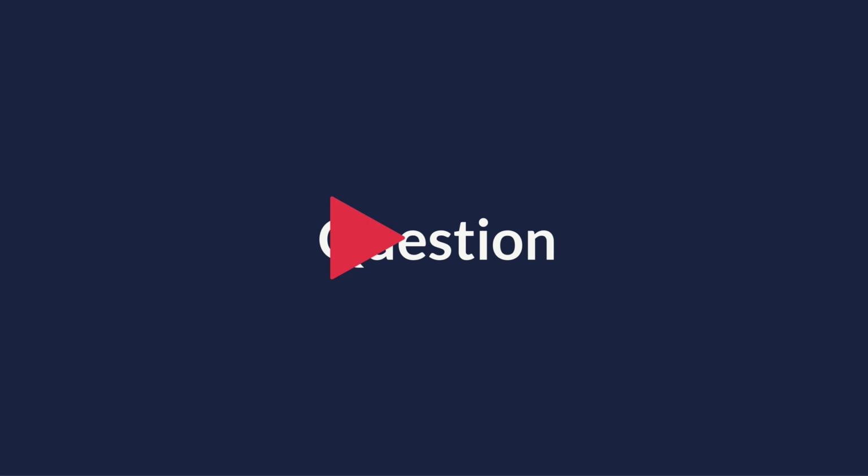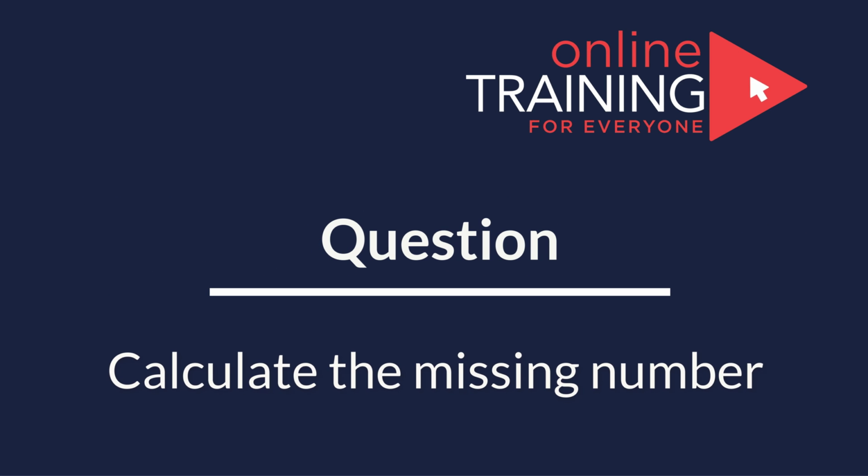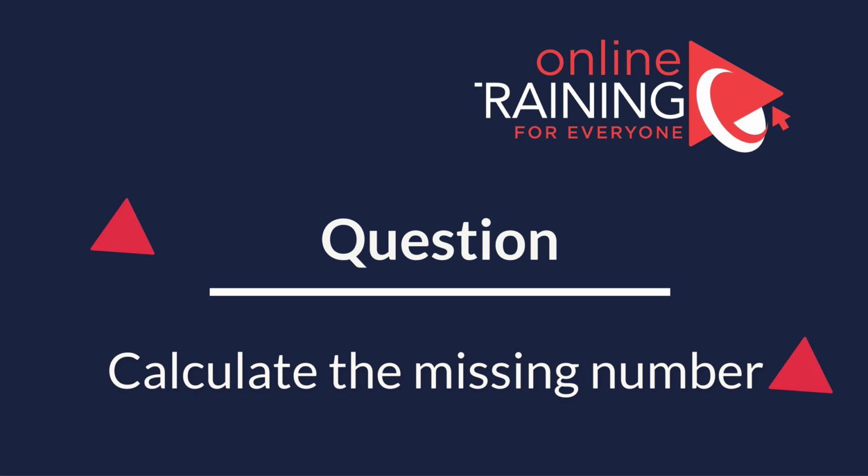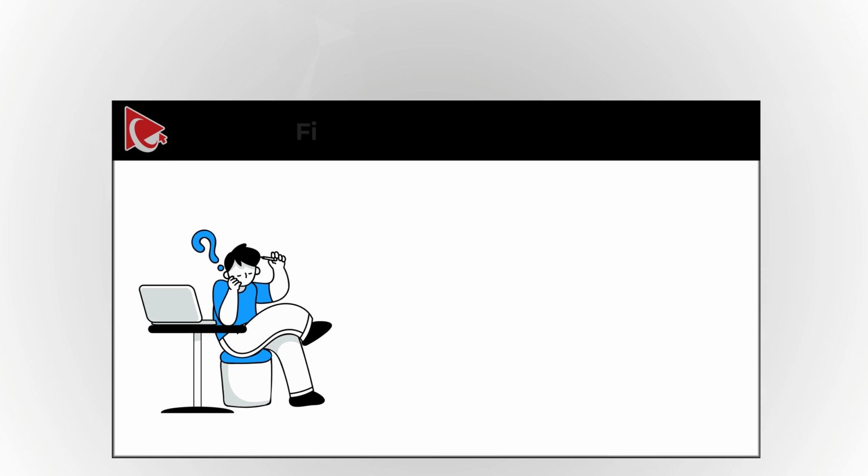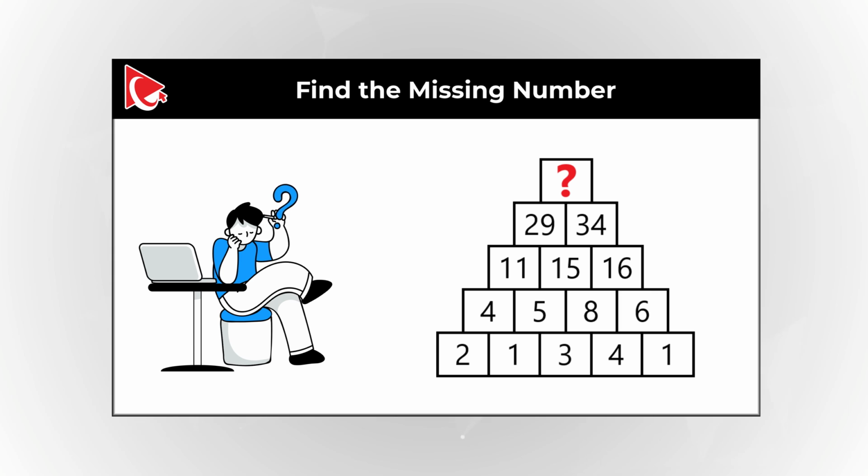Here's a tricky problem that you might find challenging to solve. You're presented with a pyramid. The top of the pyramid starts with the missing number that you need to calculate. If you go down, the second row contains numbers 29 and 34. The next row contains numbers